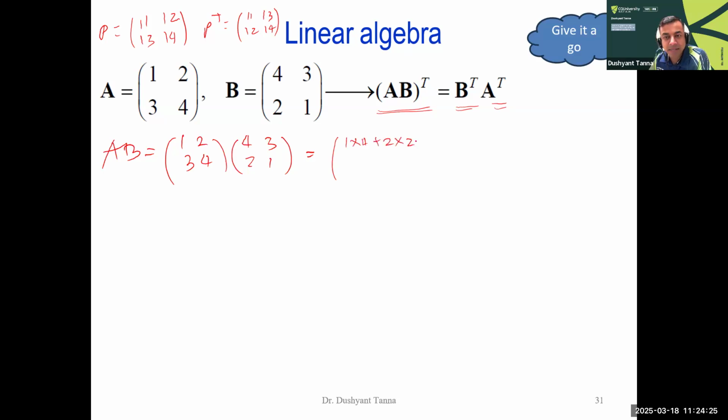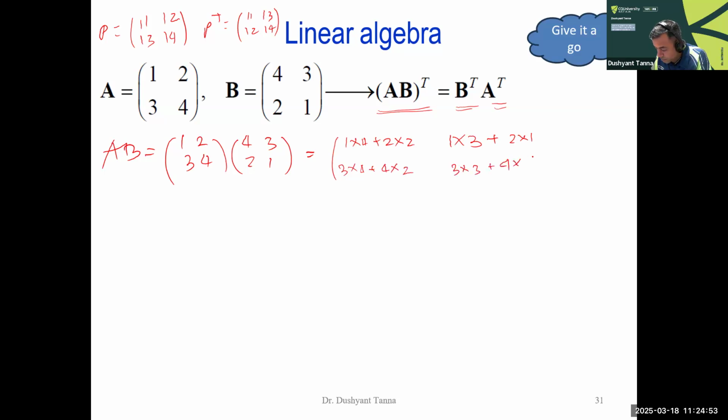I'll just write it so those who are still not clear will gain more understanding. First row, second column, right? First row, second column. Second row, first column. 3 with 4, 4 with 2. And second row, second column. 3 with 3